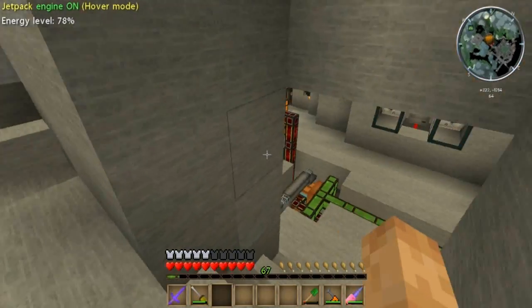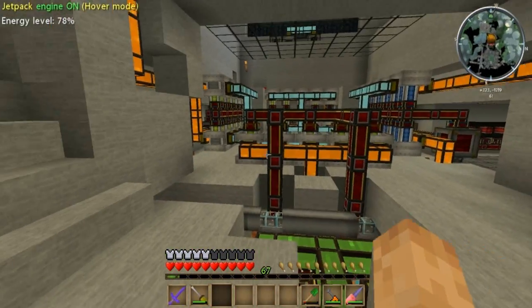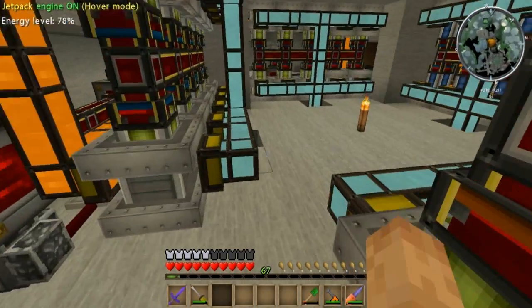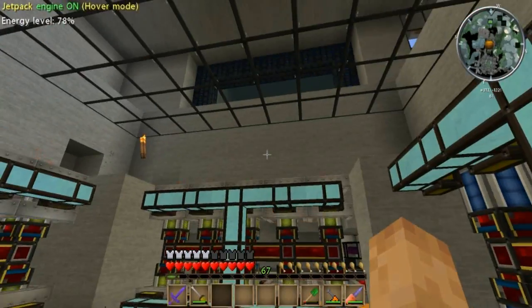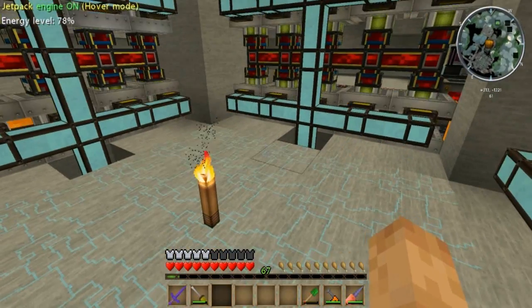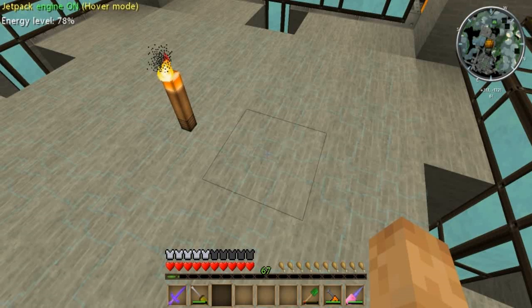Around this corner is the first place that I really started working. This is the MJ room, as I would kind of call it. It's had a couple of iterations, but the current iteration is the big glass ceiling, which I kind of like. In the middle of this floor is a water tank fed by, I think, 4 of the zirconium water